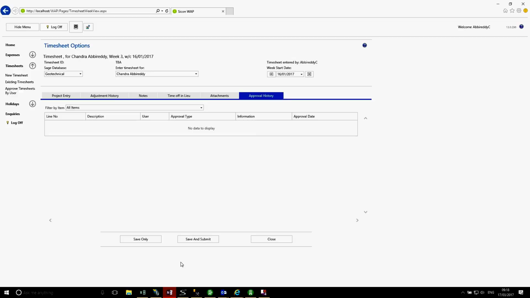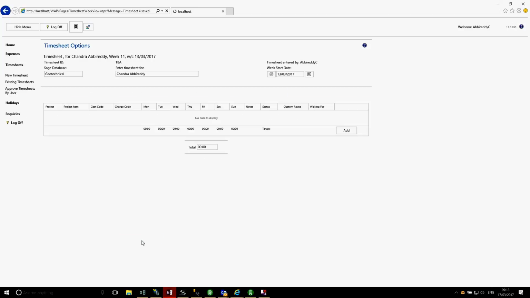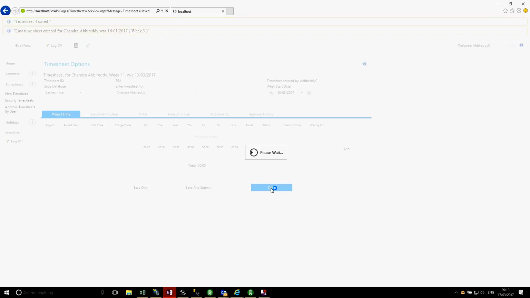In this instance, we are going to do Save Only. When we click Save Only, the system will go through and give the timesheet a number. In this case, it's timesheet number 4. And it confirms who it's for and the week number. If we close this now,